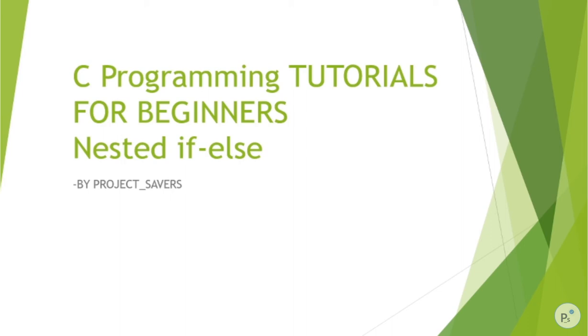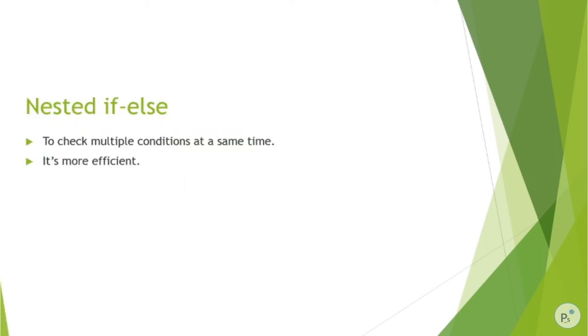In this video you will get to know how nested if else works, how it is implemented in programming, and why it's very important. So let's get started. Why do we use nested if else? Because nested if else is used to check multiple conditions. Suppose you encounter a situation where you are supposed to check multiple conditions. So you construct an if else in a nested way, as it is more efficient programmatically.